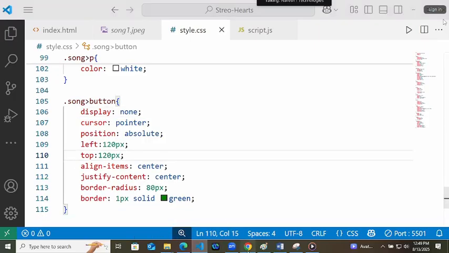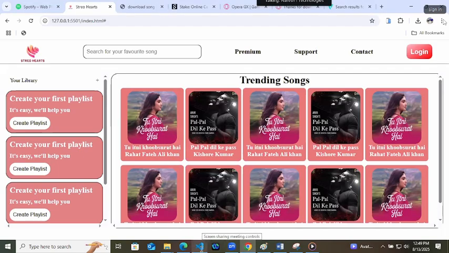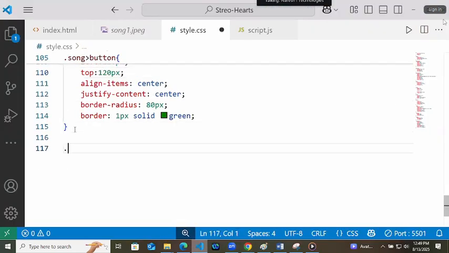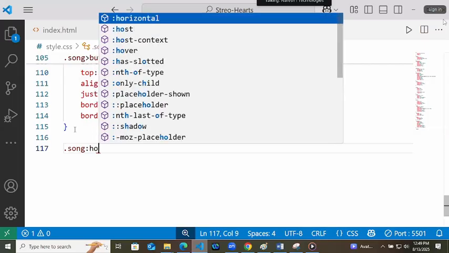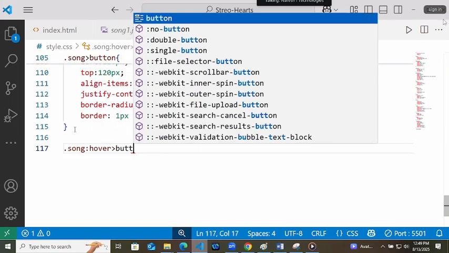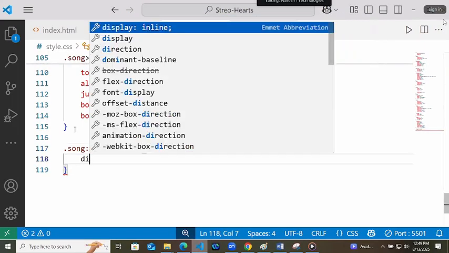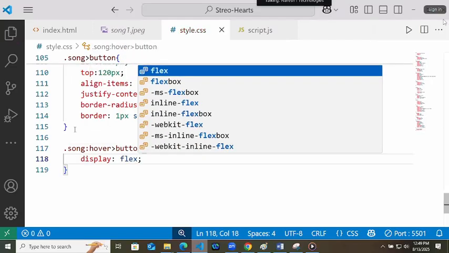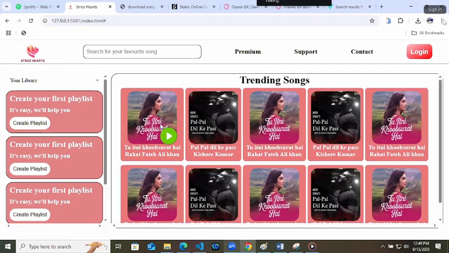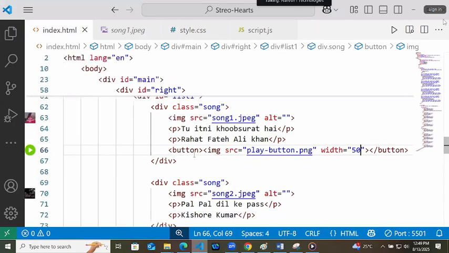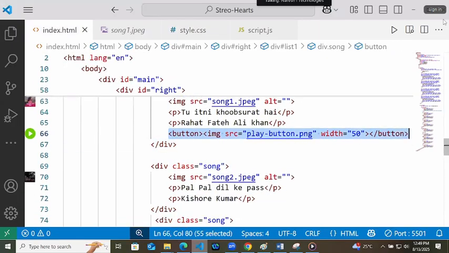Means it will be hidden by default. But whenever you are hovering on the song, its child that is button will display flex. Simple. Now add the same button in all the divs. Same way.